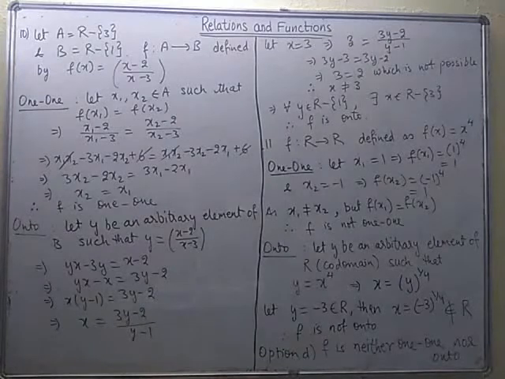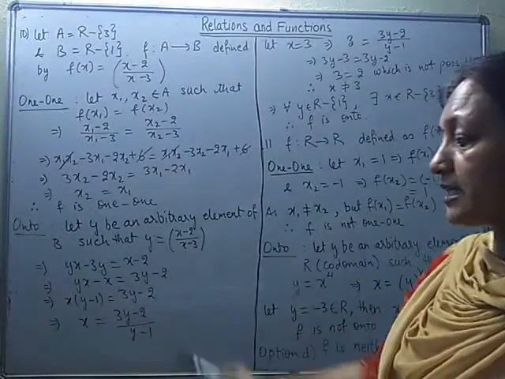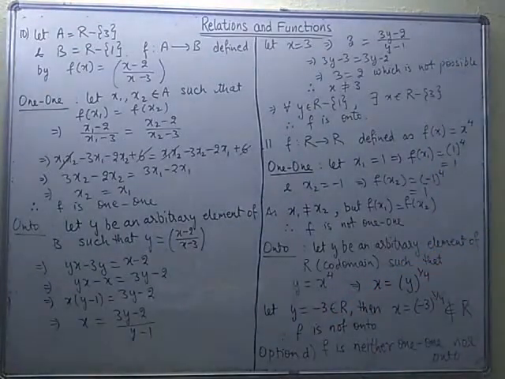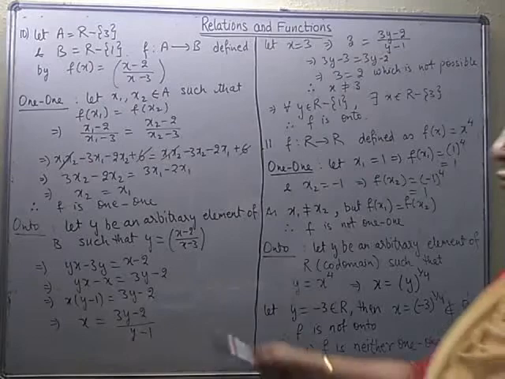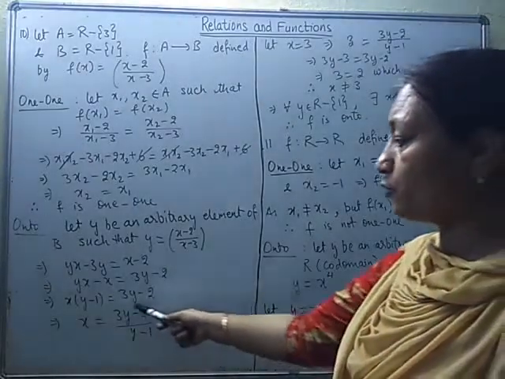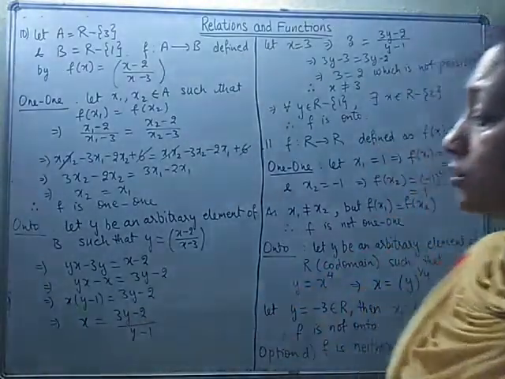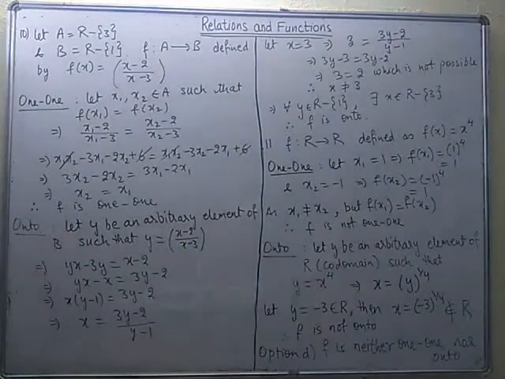Okay. Now, we know the nature of y. It is any real number other than 1. So x will never take indeterminate form because y belongs to B, and in set B, except 1, all the real numbers are included. Now, for these values of y, we have to check, is x also an element of set A? That means a real number other than 3.